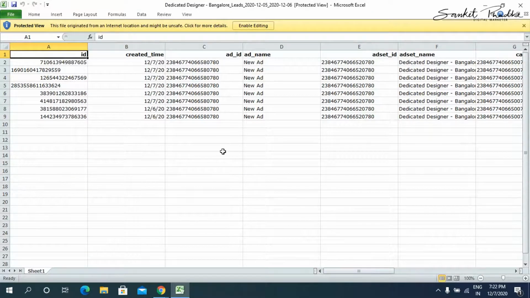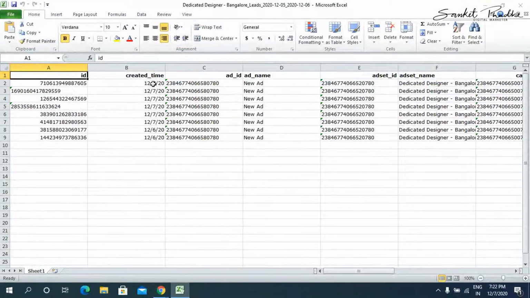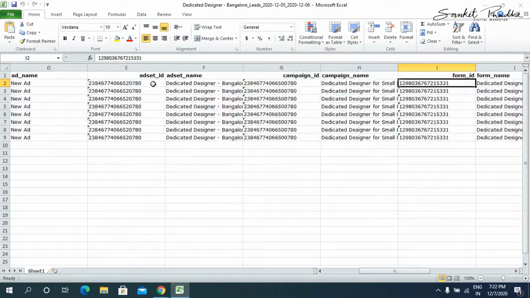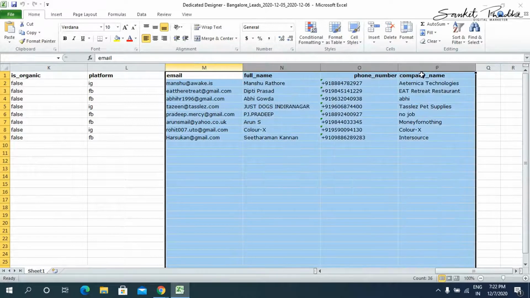Now, when you open this, all this initial information you can ignore. The main information that you need to look at is the last 4 columns.